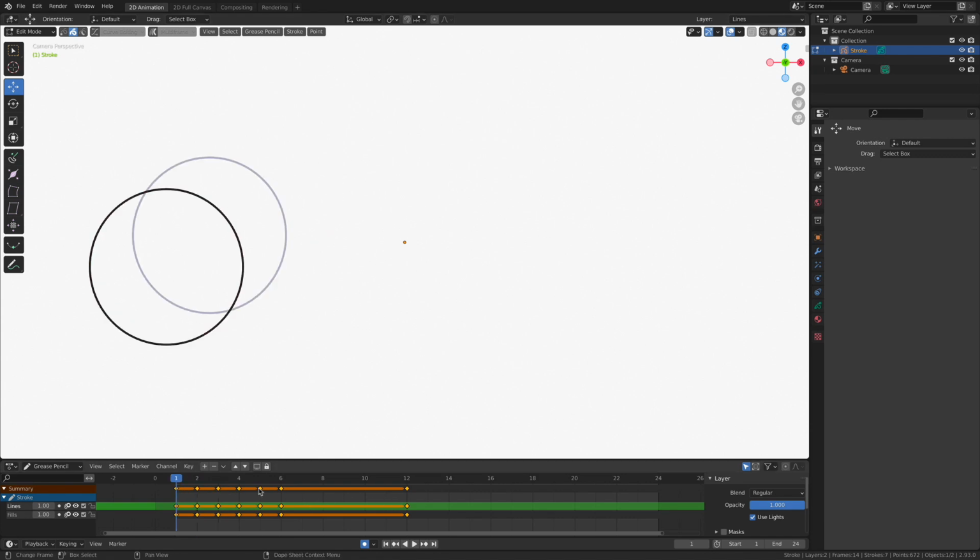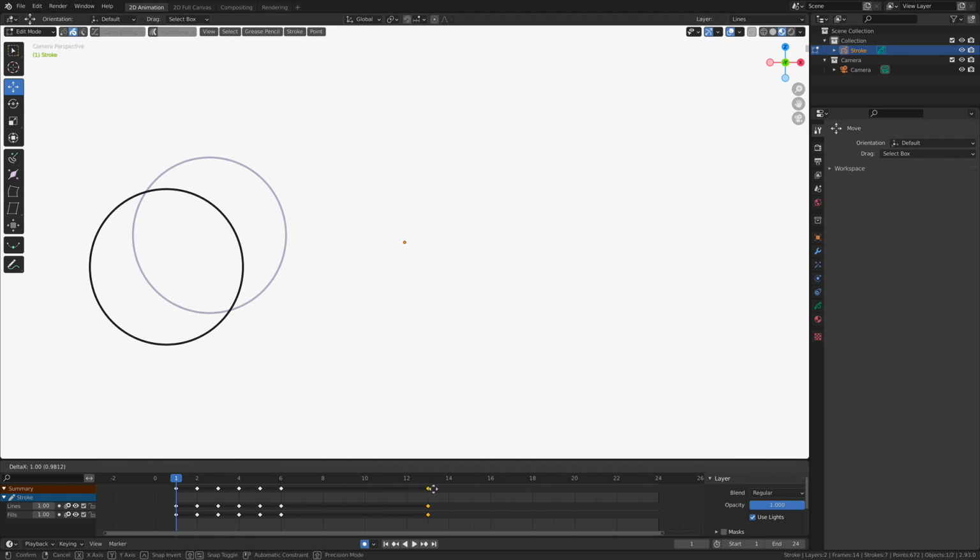Now, it starts with a careful examination and an understanding of what's been selected. If you notice that when I click on one, they turn gold. That means that these keyframes are selected, and you can simply left click and drag the selected keyframes wherever you want to go to change their location inside the timeline.